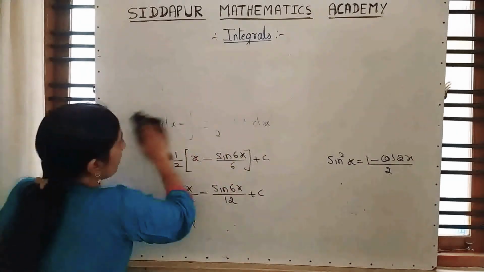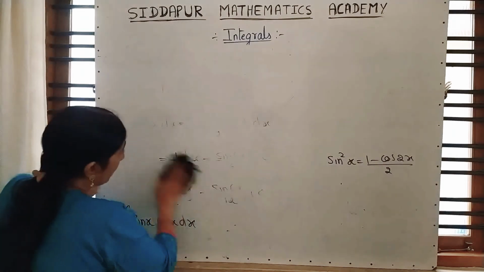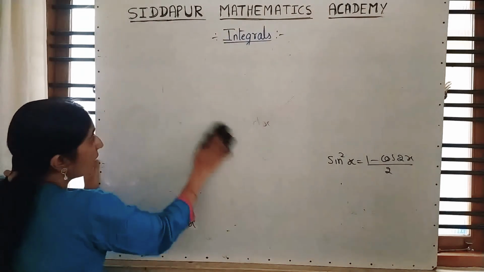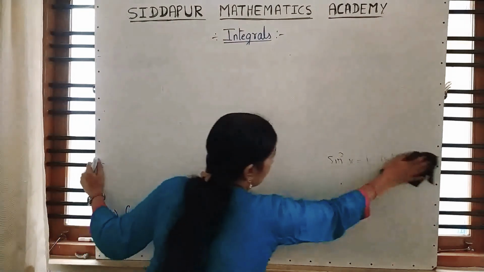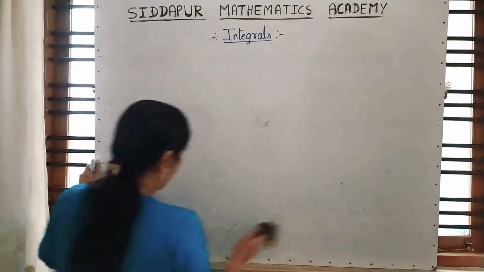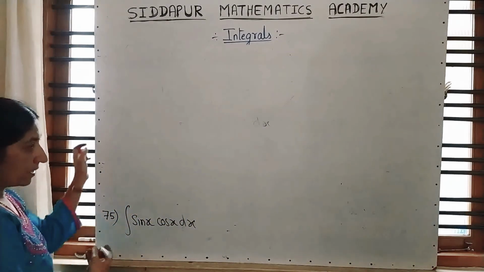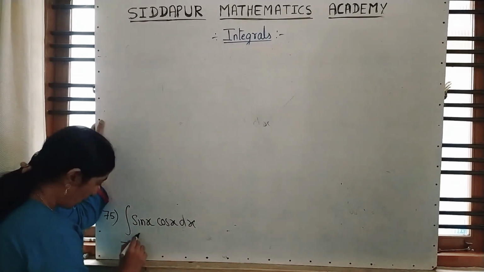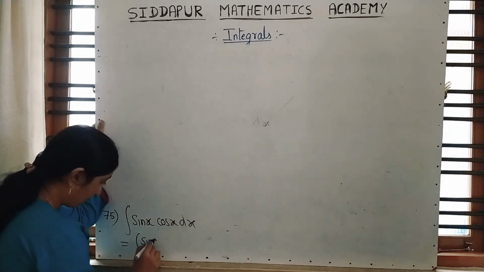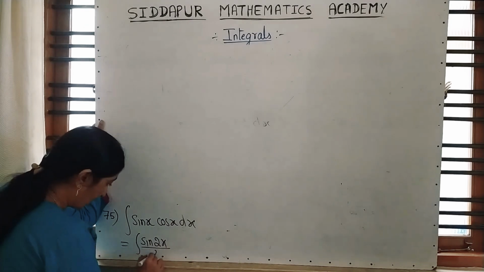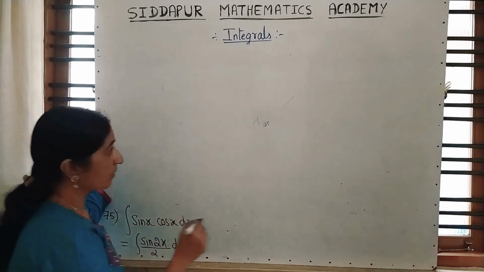Please note down that. That means all the 3 are correct and it depends which formula you are using. The answer is depending on which formula you are using. Have you remembered multiples and submultiples? Yes. Sin x into cos x will be written as sin 2x divided by 2. I will write the formula.